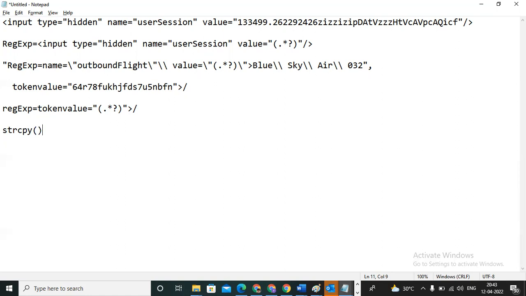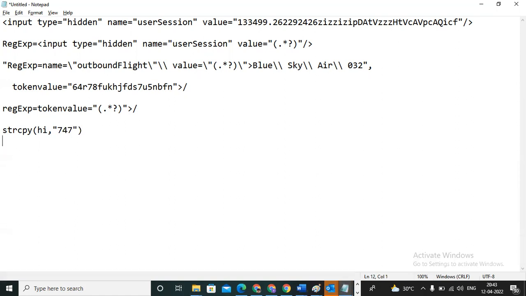For example, if you copy a variable that holds hi, and here you want to copy it to something like 747, you can use the strcpy syntax like this.